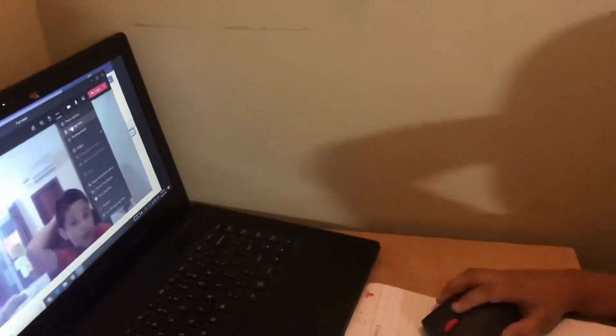Device settings is when your mics or things are not happening. Right now my microphone is on. Now you can see as I talk, this thing gets more upper and upper. It depends on its volume. Okay, meeting notes. There's no notes in my meeting. Meeting details, no notes. Gallery, I don't know what it is.